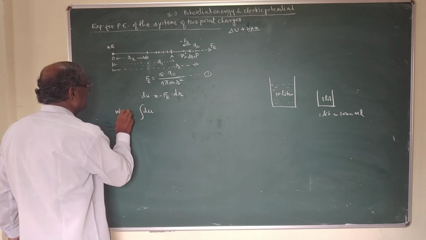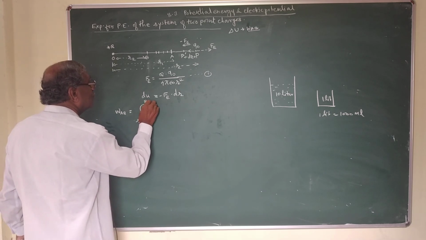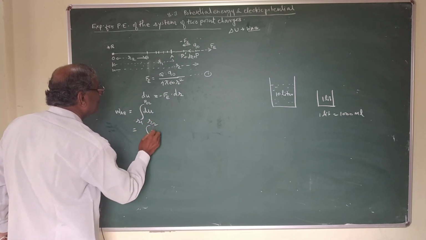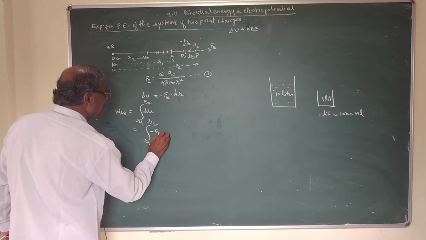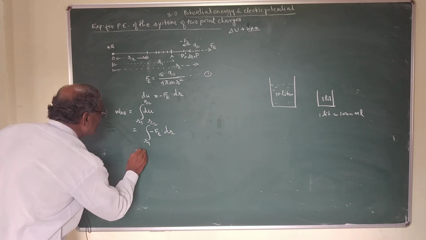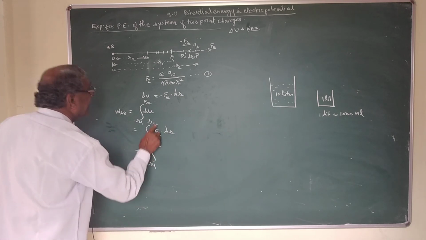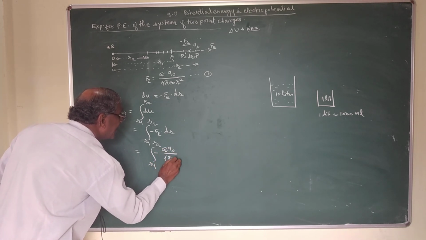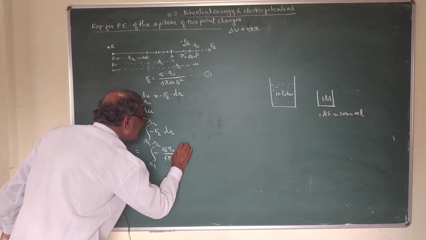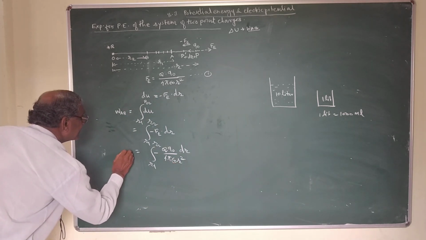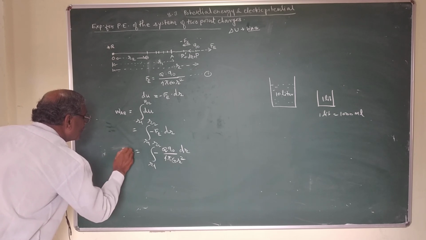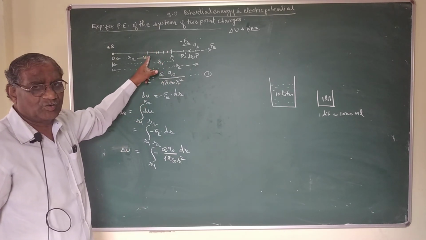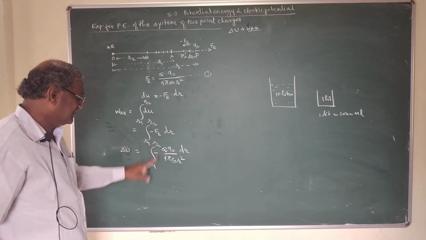It can be obtained by integration, so that we integrate this small part dU. That is, W AB equals the integral from R1 to R2 of dU, which equals the integral from R1 to R2 of minus F into dr, which equals the integral from R1 to R2 of minus Q Q0 over 4 pi epsilon 0 R squared into dr. This is called delta U, the total change in potential energy of the system in displacing the Q0 charge. Now, after solving this integration,